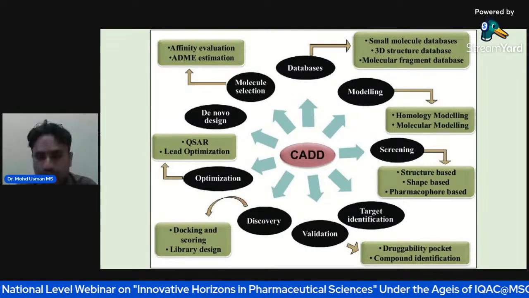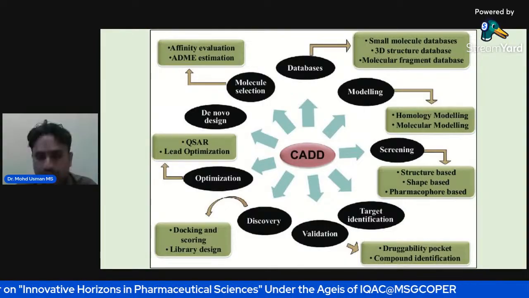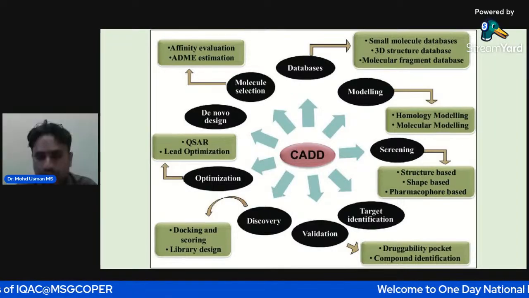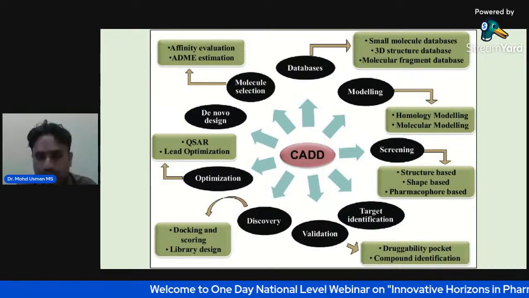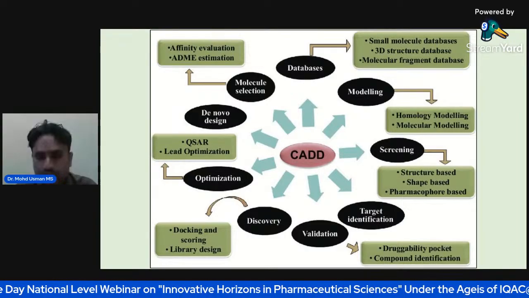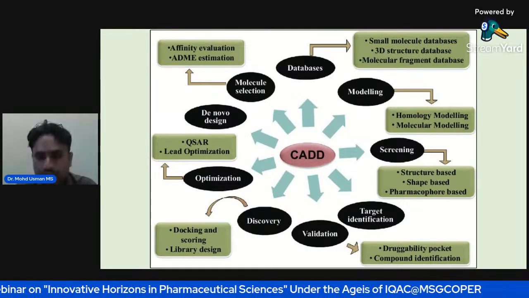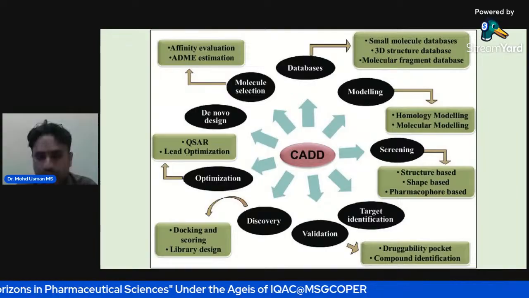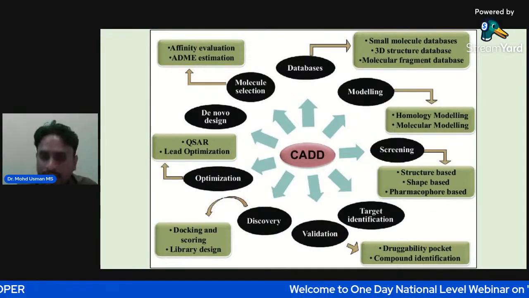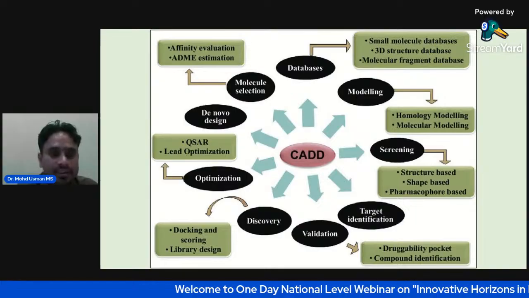Okay, then pharmacophore based. Pharmacophore based means we have a list of potent inhibitors for a specific disease. Now here we will identify the common structural features in all these known potent inhibitors, and based on these similar structural features, we will screen our molecules and try to identify new molecules which match with the designed pharmacophore. Then